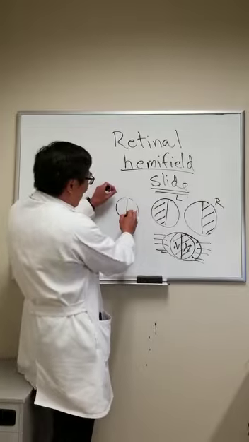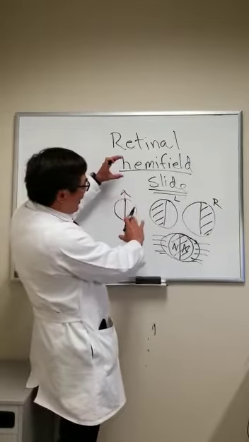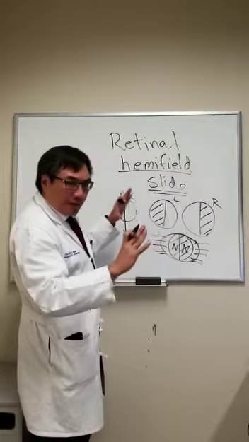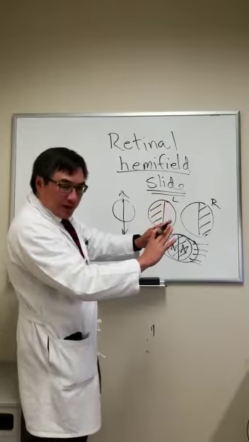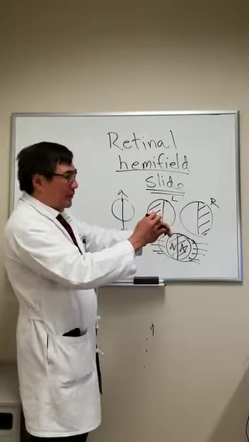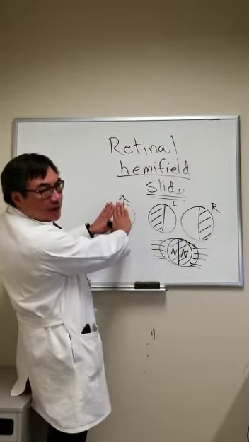And so when the slide occurs, you'll have a breakdown of your fusional mechanism. And basically what that means is your peripheral field overlaps in one eye with the other eye. And if you don't have that overlap, it's going to be very hard to take the two images and fuse them into one. And so in a patient who has a bitemporal hemianopsia, they have two juxtaposed nasal fields, and